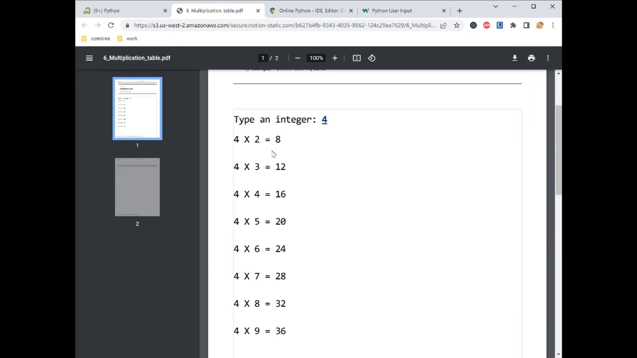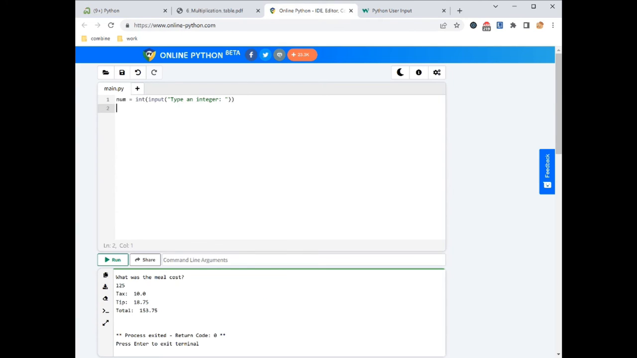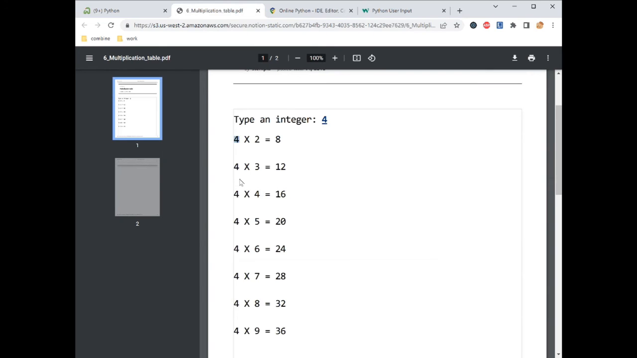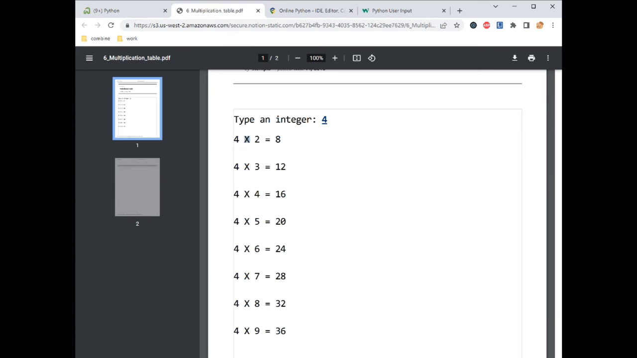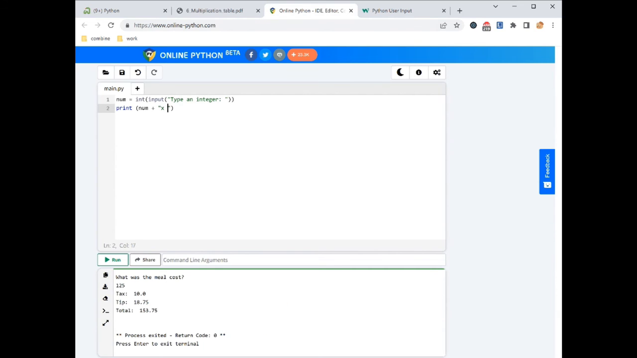Okay, so basically we're just going to go down the line and print out every single one but multiplied by a different number. So we can do it all in one line for each one. We can say print. We want to have our number first. So you can see that each line starts with 4 no matter what the rest of the line is. So I'm going to say num plus, and then we want an x to represent our multiplication symbol, and we start with 2. So 4 times 2 equals,